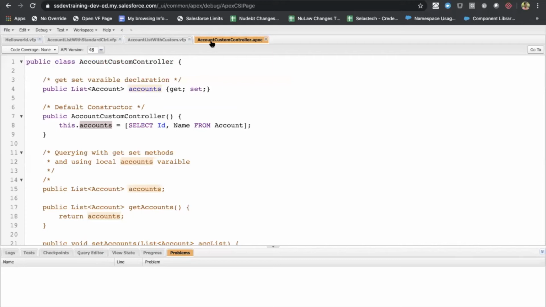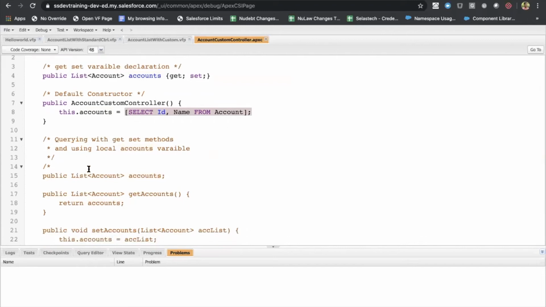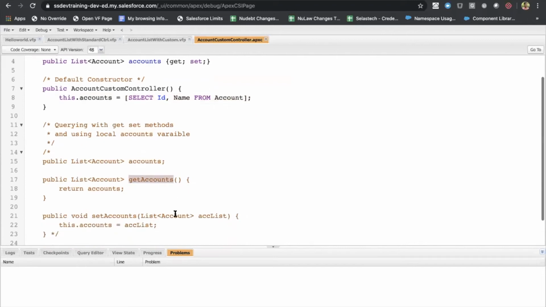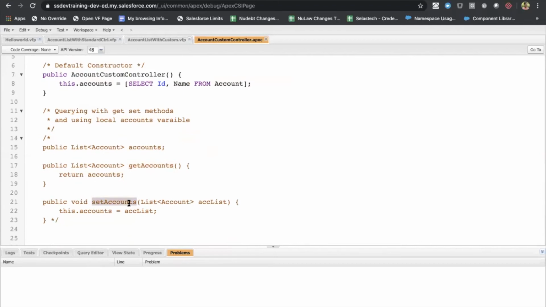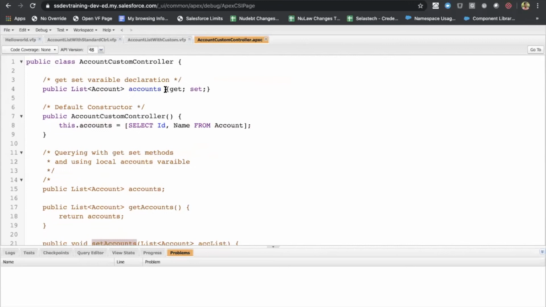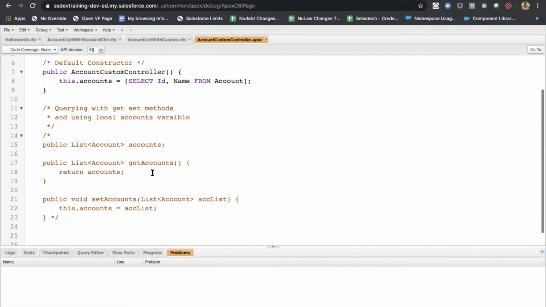If you want to do some manipulation here, so after I return the account, I want to bring all the contacts or some other use case, you can even deal with that using getter methods or setter methods. Some might already be familiar with this. Instead of using a getter setter variable here, you will have getter methods where you will do all your respective actions inside.